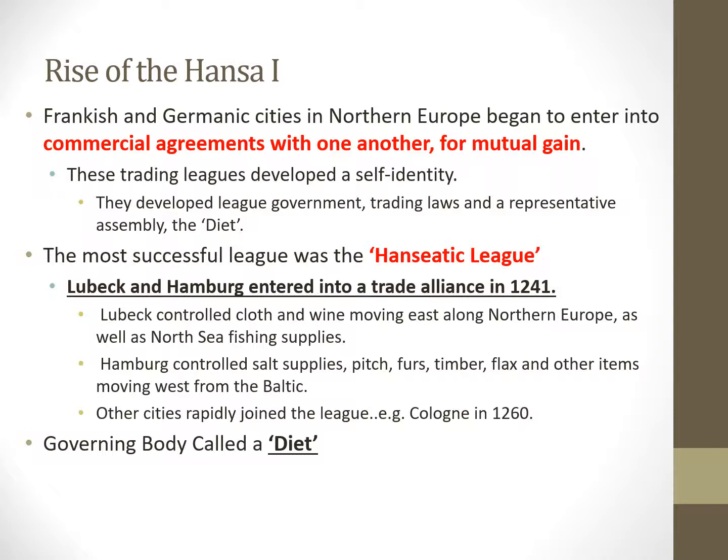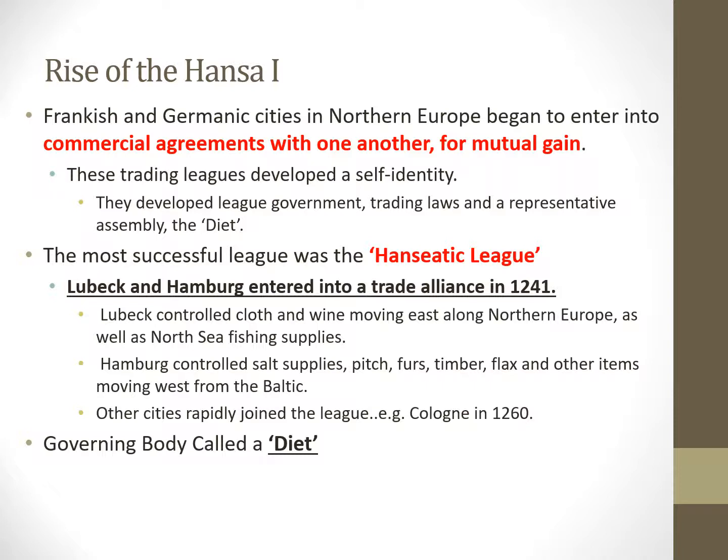It issues laws and regulations that should apply to all cities in the league, and of course that assembly, the so-called Diet, is populated by representatives chosen from the population of the various cities in the league. In a way, one hesitates to say something like an early EEC, European Economic Area, but in a sense, that's kind of what's going on here at an early stage.